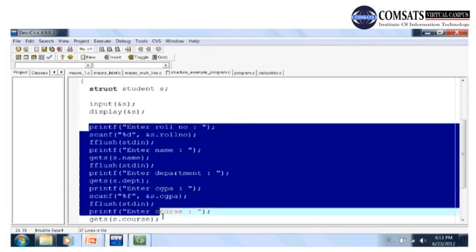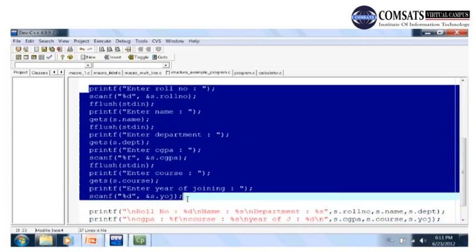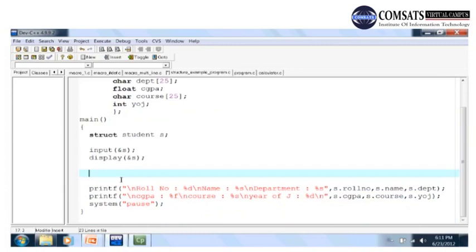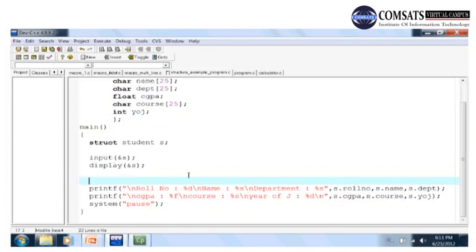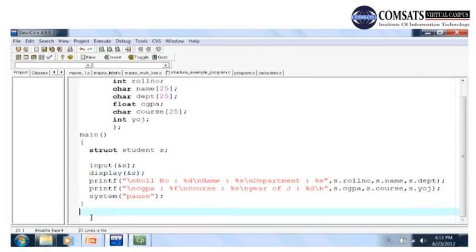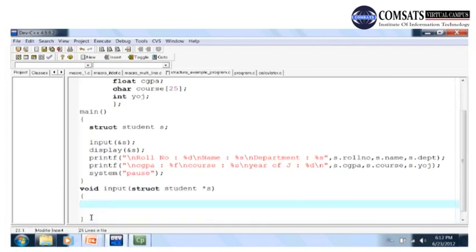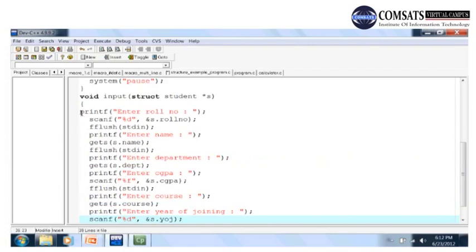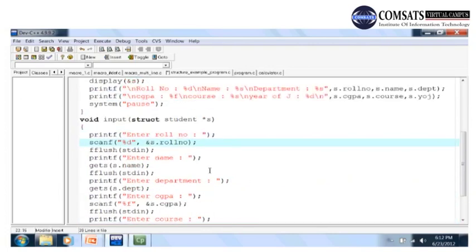So now let me cut this thing, Control X. Now see, our main function is very small now. Then we write void input, struct student static s. Now let's see, ये तमाम आपने स्टेटमेंट सीधे लिख दी. अब एड्रेस क्या होगा इसका, s